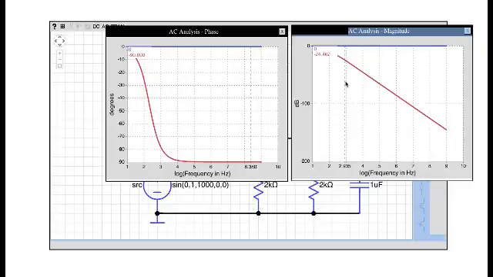So if we look at the magnitude plot, we can see that at 100 Hertz, we're down approximately 12 dB, a little bit more, which is about 23% of the original signal, which is what we expected, somewhere around 230 millivolts. And if we looked at